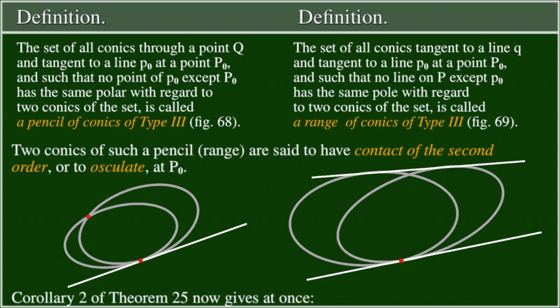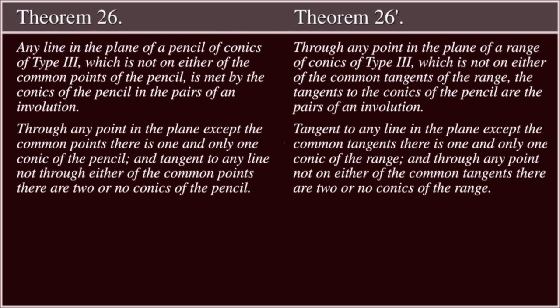Figure 69. Two conics of such a pencil or range are said to have contact of the second order, or to osculate at P0. Corollary 2 of Theorem 25 now gives at once. Theorem 26. Any line in the plane of a pencil of conics of type 3, which is not on either of the common points of the pencil, is met by the conics of the pencil in the pairs of an